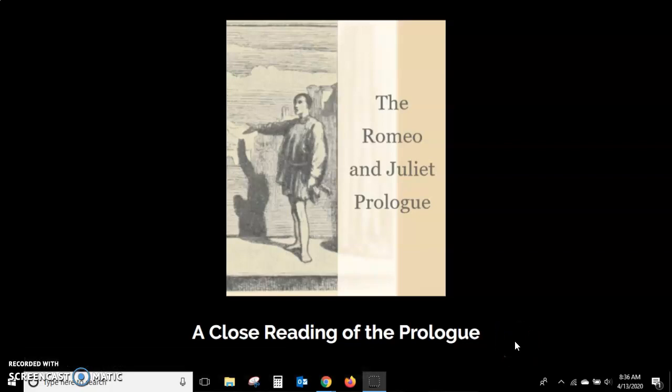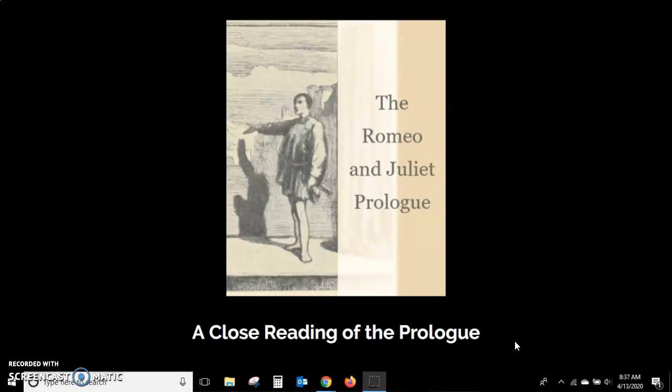All right, ladies and gentlemen, the next step in our agenda of the day is a close reading of the prologue to Romeo and Juliet. Now, William Shakespeare wrote this play, and he starts the play with a few lines spoken by a character named the Chorus. The Chorus was a character to come out and recite the prologue, which really means it's setting the